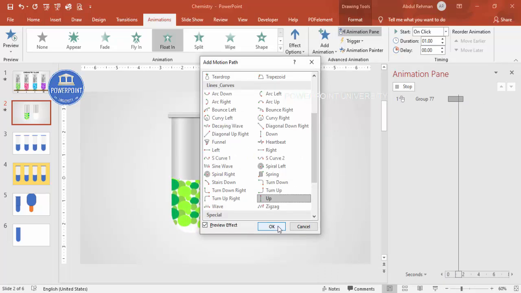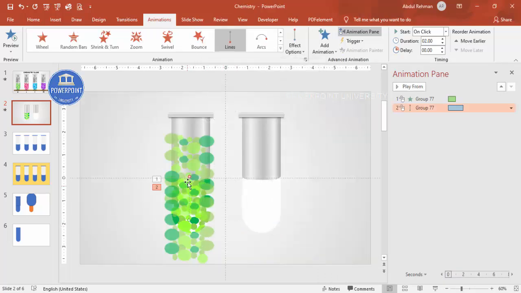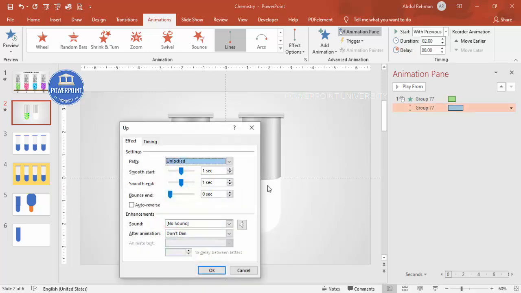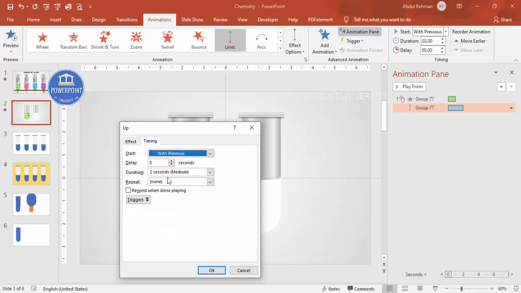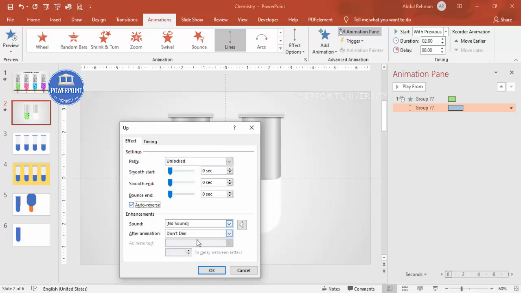You can see here, click OK, and make sure that it should not go that much top. I'm just going to reduce the size by holding the shift key. All right, so let me just make this as with previous. Double click this one, smooth end and smooth start, make it 0, and bounce end, no need also for that. Timings, make it medium until end of the slide, and here I'm going to make it auto reverse and click